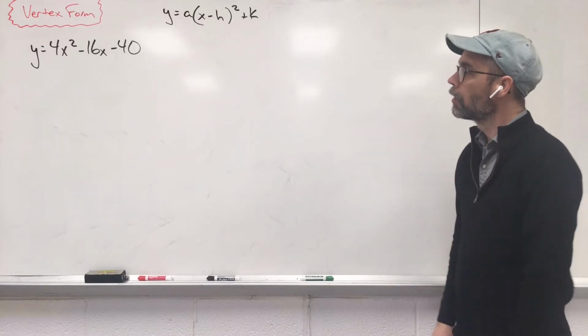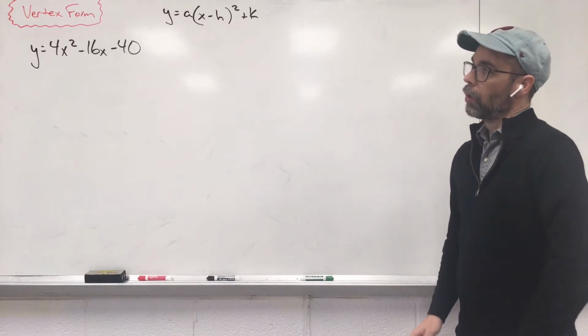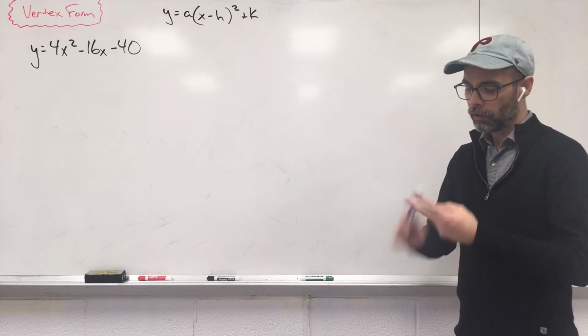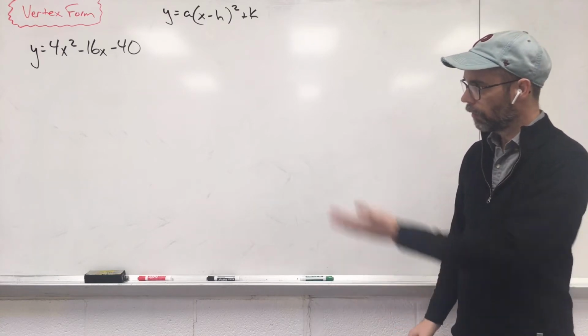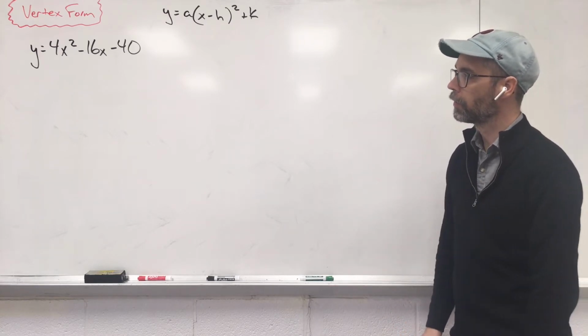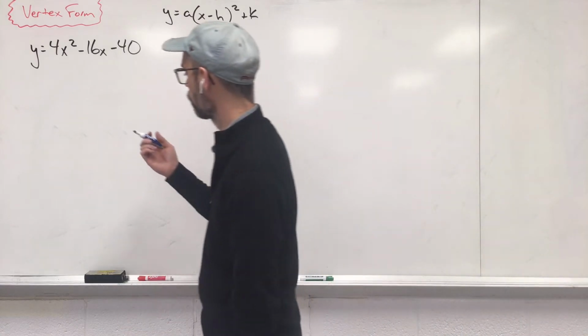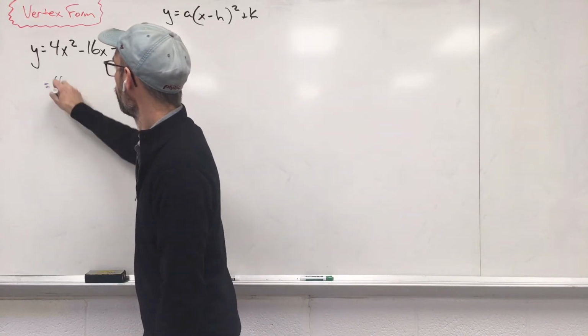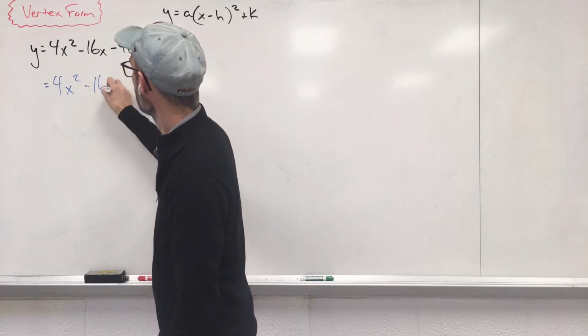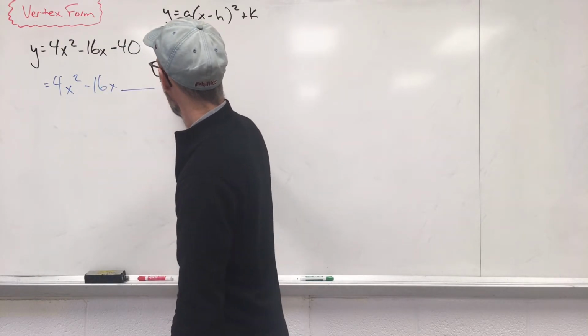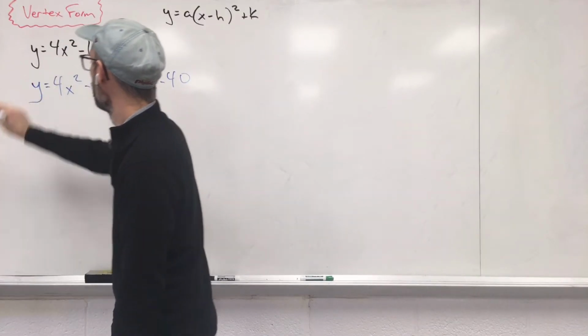Check that out first. Okay, so we're going to use a combination of completing the square, factoring, transformations, all that in order to find what we're looking for here. Let's start with this whole completing the square thing. 4x squared minus 16x blank minus 40. So